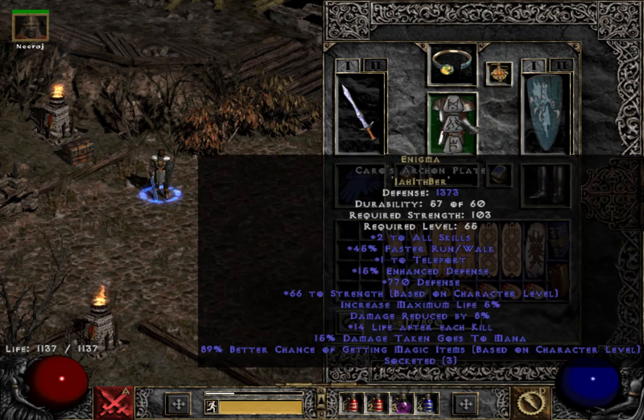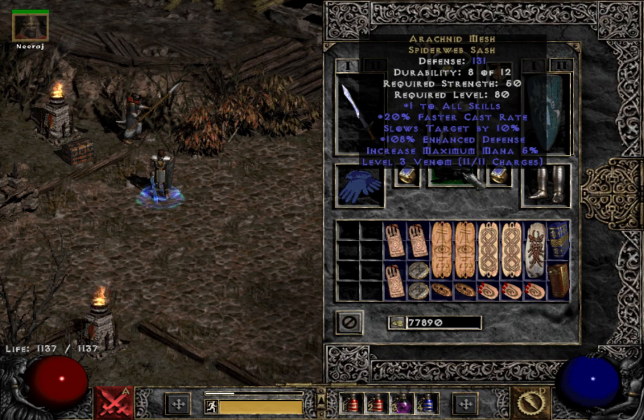Okay? Enigma, one of the best things I ever made too. Roll was nice, 770. Okay? And this was like a perfect base. 15 ED, no duration, Archon, AP, right? Hey, Arachnid, I use this, you know, skills, and,